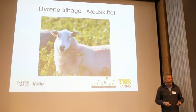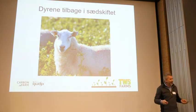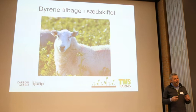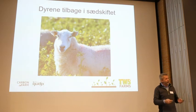Livestock. I'm not a livestock farmer, although I grew up on a little dairy farm. I know nothing about cows or sheep at all. But we've managed to partner with sheep farmers in different areas where they have a need over winter for winter fodder. We've got all these cover crops. I've got labour available, my tractor drivers available to...